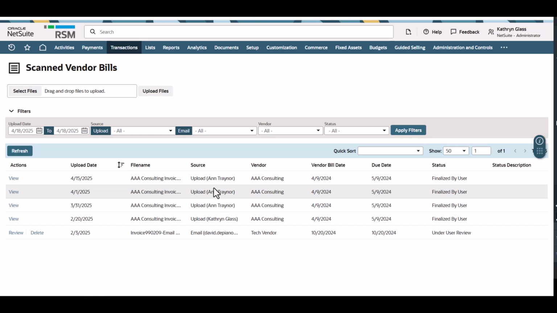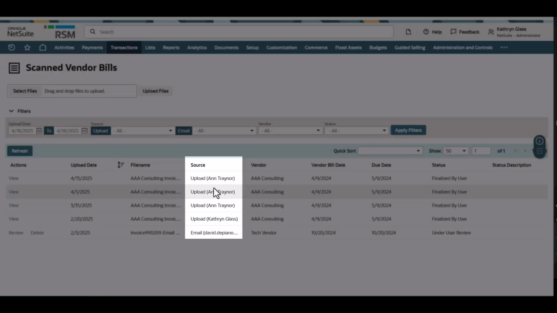Let's now simulate the process of a vendor bill being brought into NetSuite through the vendor bill scanning. Now, this is relevant for email capture or also just scanning, dragging and dropping from your computer, or just taking a file attachment from an email and posting it into NetSuite. Regardless of the source, this is going to be the page. And you can actually see on the source tab if it was uploaded or if it was